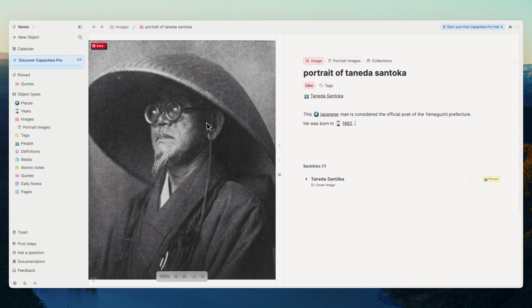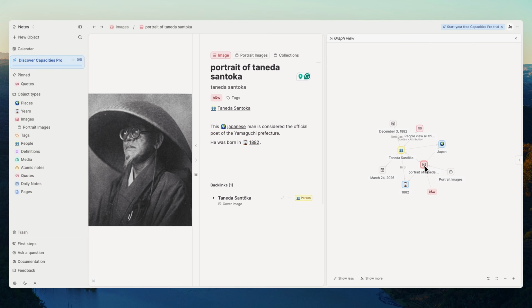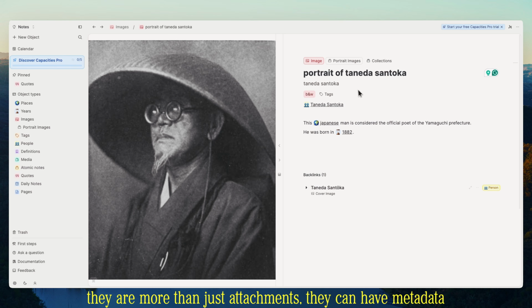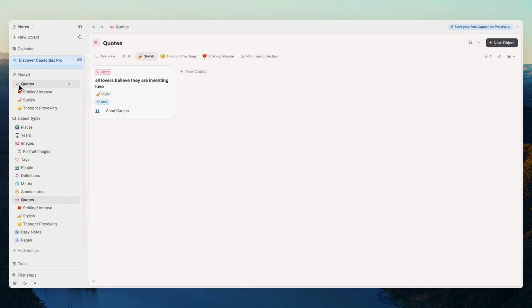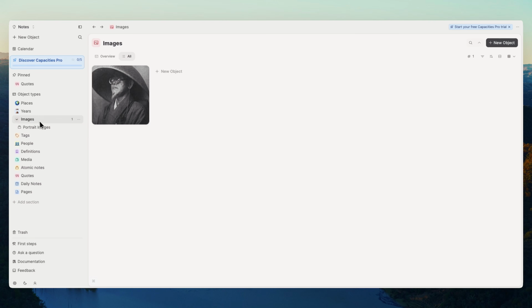So images, you are able to add, you cannot add new properties, but you can use the ones that are already available to you, like the description and the tags. And then this also connects via the graph view. So media objects are really, really useful in Capacities because of this reason. Aside from having objects or collections pinned as objects in here, you can also pin specific